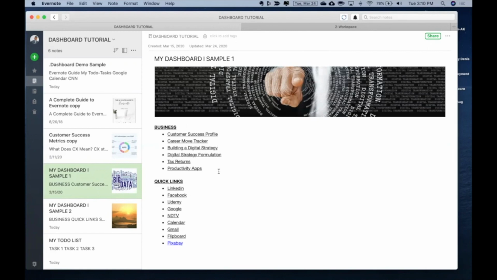The business section has some pages or notes which I want to access very frequently. So I have those created out here. Quick links, like I want to go to my LinkedIn and Facebook and Google and news items and all those areas. That's what I've created out here.